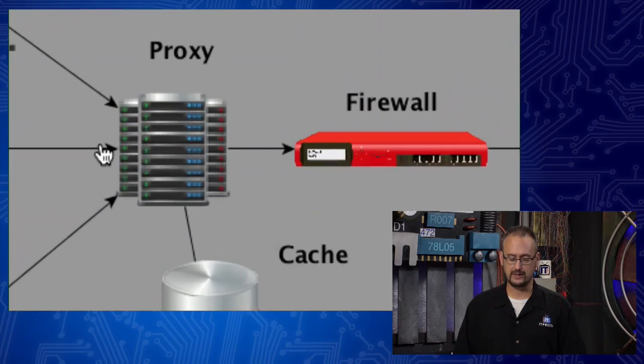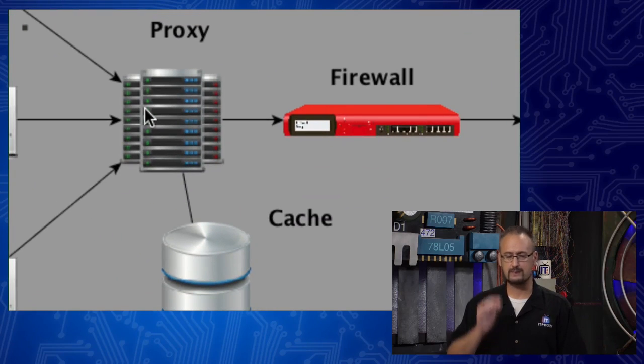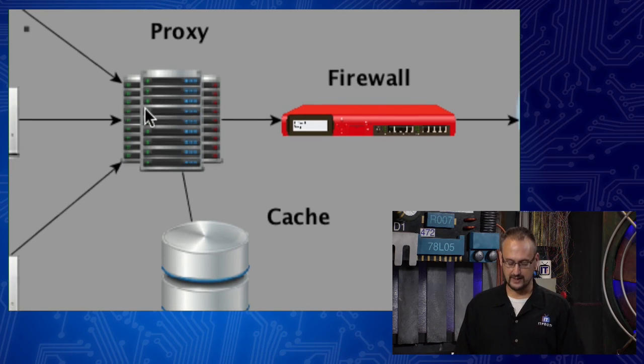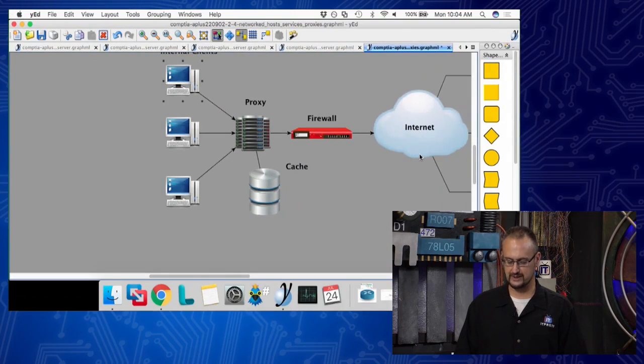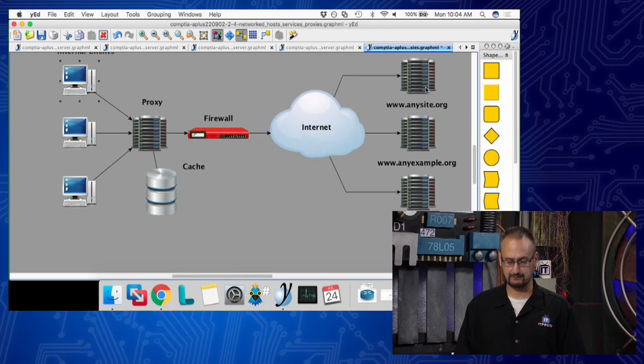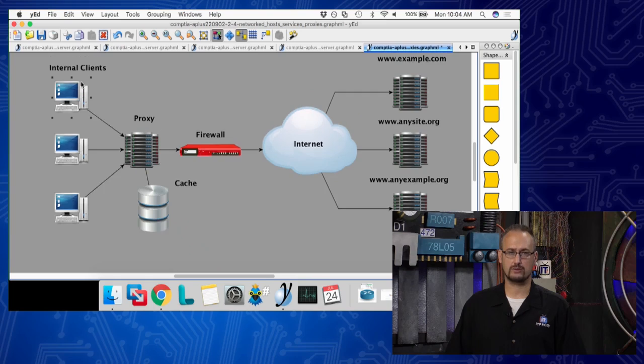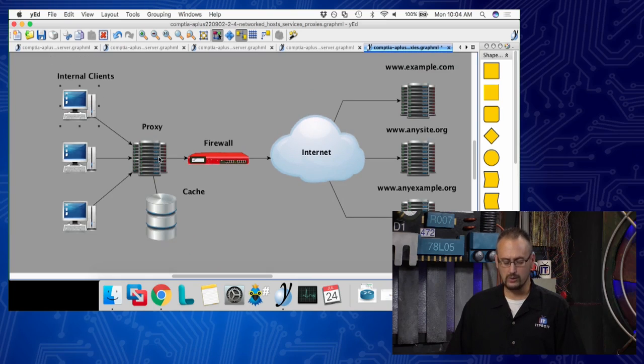Well, if it's never received a request for that website, it's going to generate a completely new request. And when it does, it's going to send it outbound through your network, and it's going to send it over to the website. Now, the website, understand that from this standpoint, doesn't know that this client sent the request at all. All the website knows is that it was the proxy that generated the web request, and it sends the response back to the proxy.